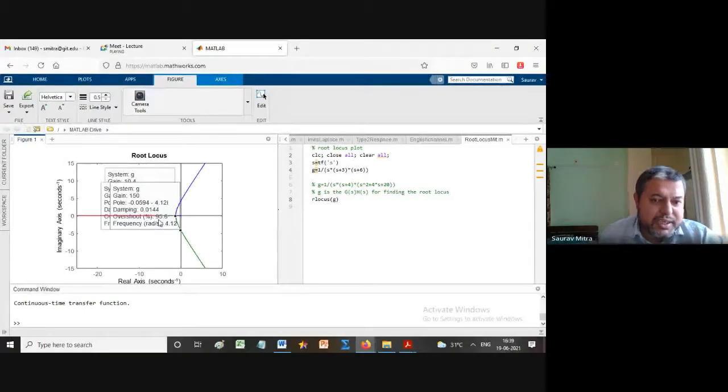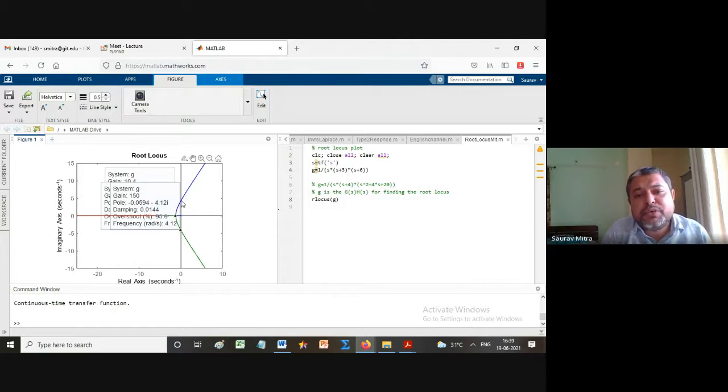So this is something I did not tell you, that whenever zeta is equal to 0, at that time overshoot is 100%. That means everything is oscillatory. So this you can do in your equation. So whatever equation of percentage Mp is there, you substitute zeta is equal to 0. You will be finding that it will be e raised to 0, it will be 1. That means 100%. So one request to all of you, in percentage Mp, substitute zeta is equal to 0. You will be finding what is the percentage overshoot. So this is another addition we are finding.